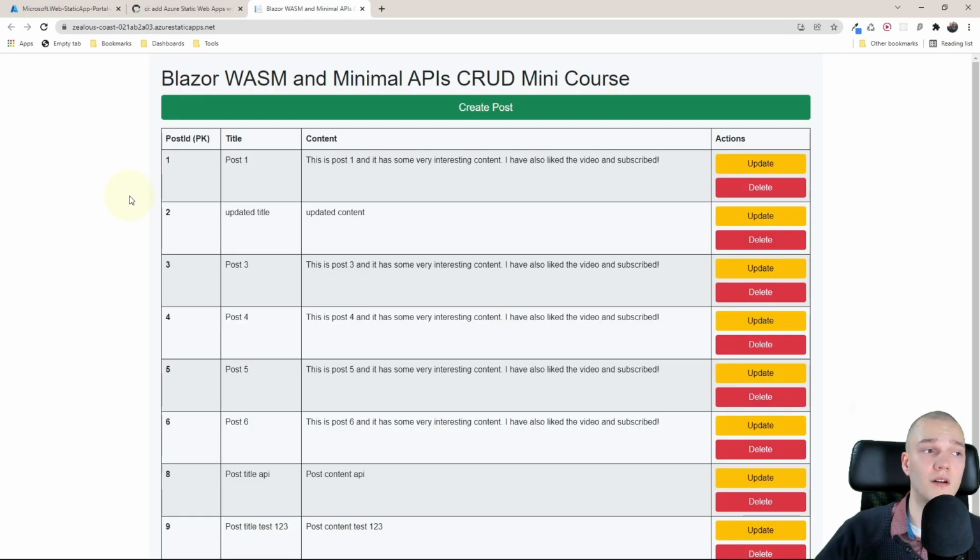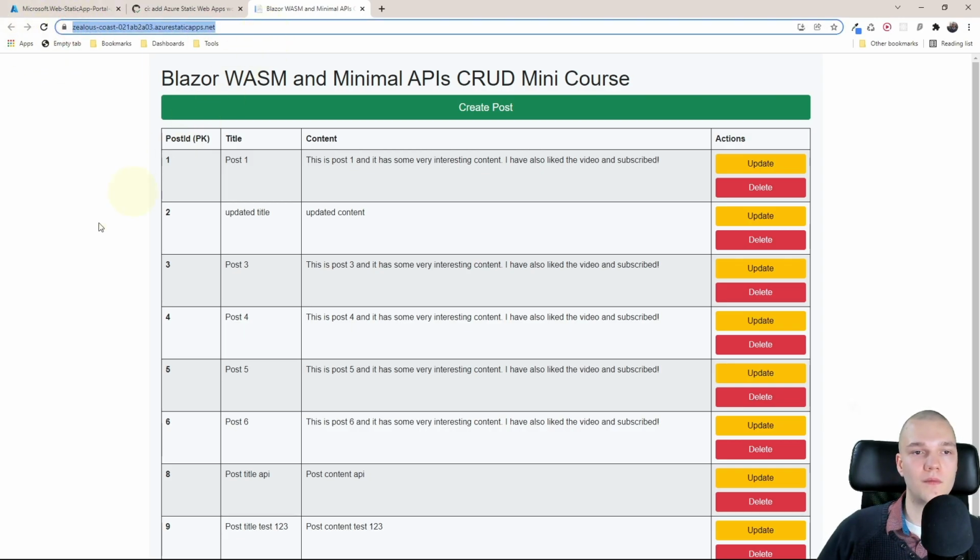We see our Blazor WebAssembly app is working. Yay! So now it's running in the Microsoft Azure Cloud. And if we look at the URL at the top, we see that it has an auto-generated name and it also automatically communicates with our API running on that Azure App Service resource.